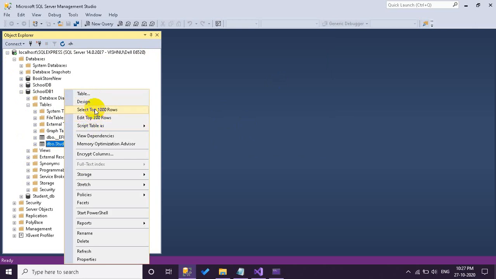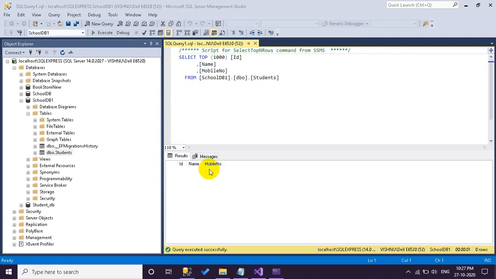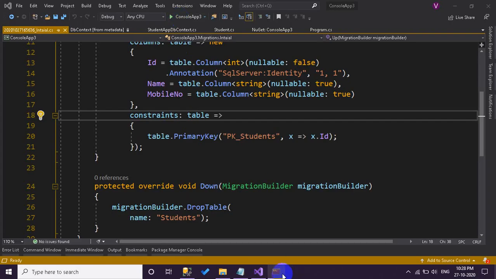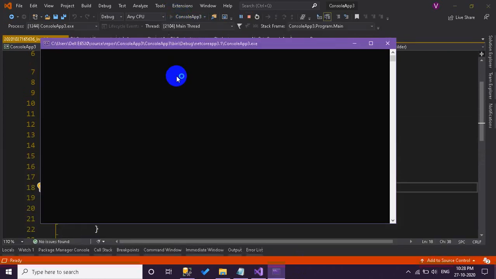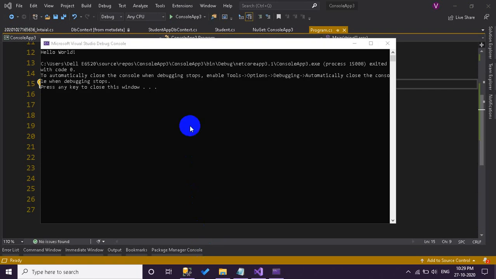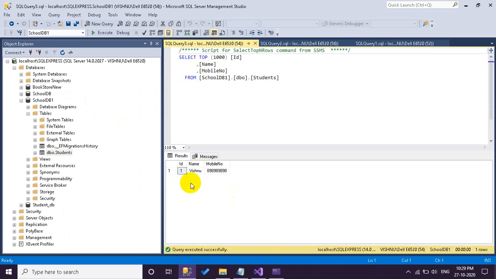Just select data. I think data has not come here. Let's just run our project once again. Okay, it is working fine. Just refresh our table. Yes, data is coming.